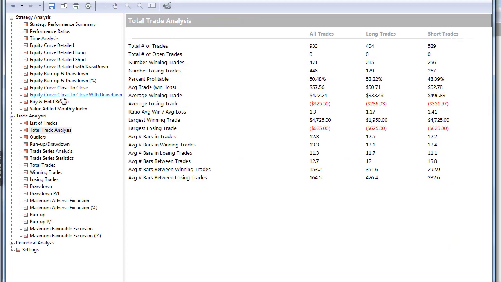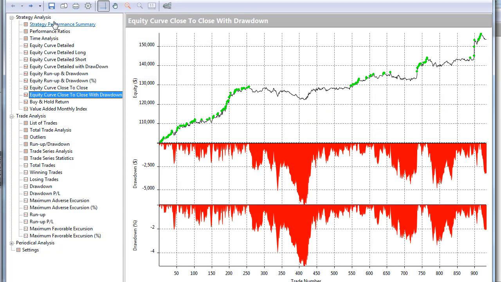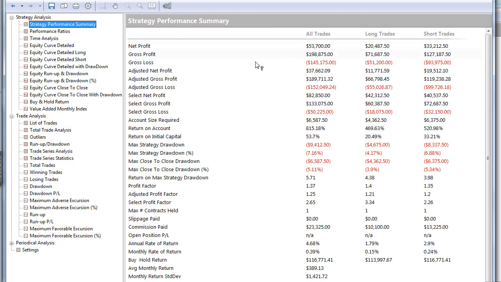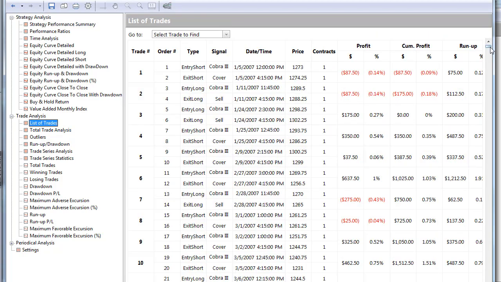57. Here's the equity curve with drawdown. Here's the performance summary. So you can see the max strategy drawdown. It's high, but it doesn't trade much, and it does well when trading with other strategies. And so let's look at the list of trades. The last trade,